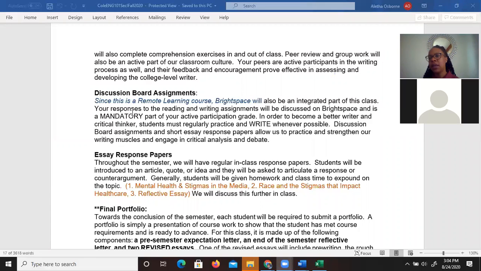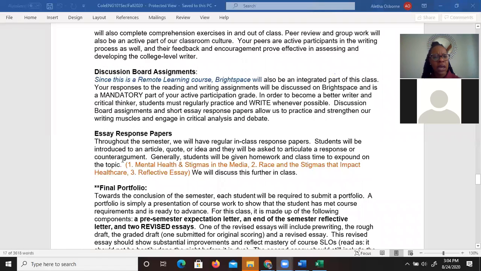So there are two what I call formal academic argument essays, and we have two response papers, which are a little bit shorter, but essays are a regular part of the class. Students are normally introduced to topics in the class. From there, you select whatever topic interests you most, and students will be given prompts